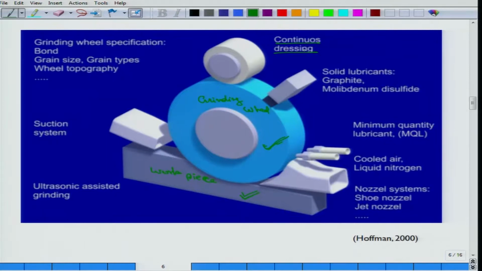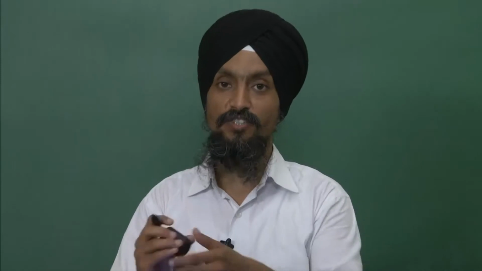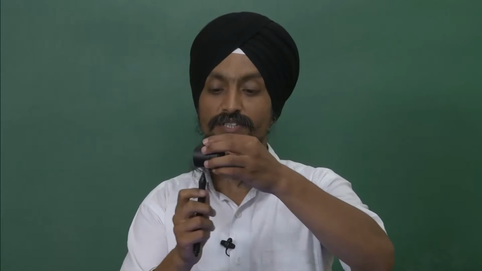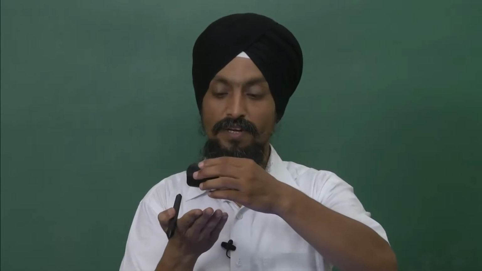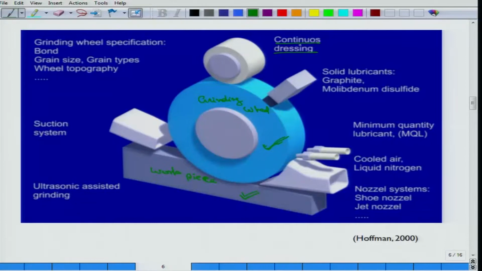In regular practice, the machine has to be stopped, which means the actual production time is lost for grinding. The machine has to be stopped, the workpiece has to be taken away, and then we do the dressing and prepare the wheel for further sessions, and then we bring the workpiece back. So time is consumed. To minimize this wastage of time, continuous dressing is one of the criteria, but these dressers are not